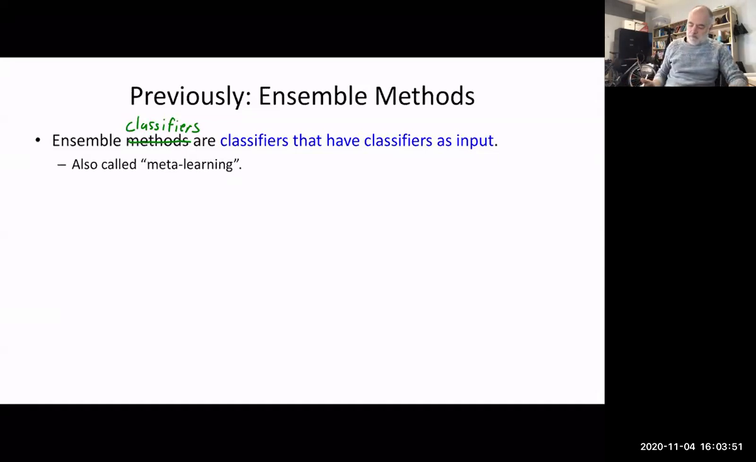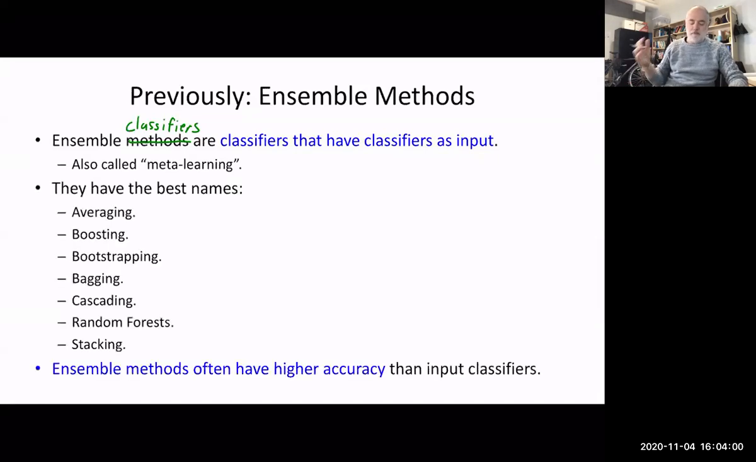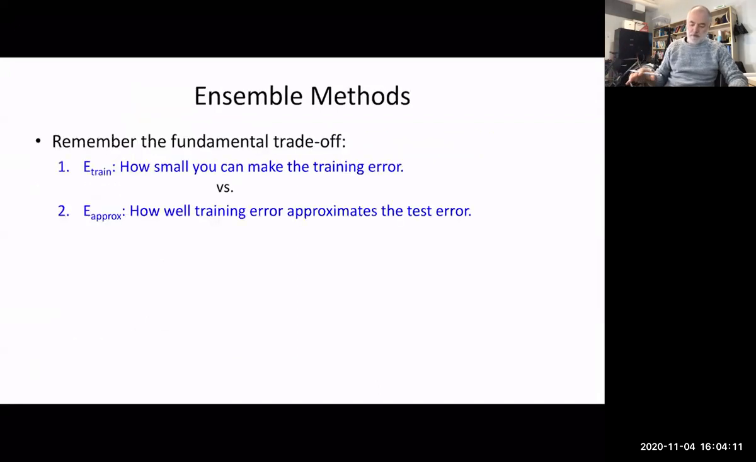So we talked about ensembling before, and in your midterm, you ensemble classifiers via a stacking method. Ensembling methods are also called meta-learning. They have really interesting names: averaging, bootstrapping, bagging, cascading, random forest, stacking, and so forth. The idea is, of course, that ensembling methods often have higher accuracy than the input models. Today we're going to talk about a different way of ensembling, basically boosting, but the fundamental trade-off